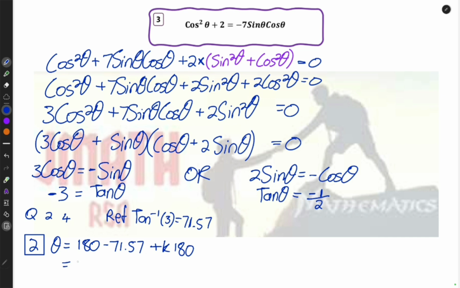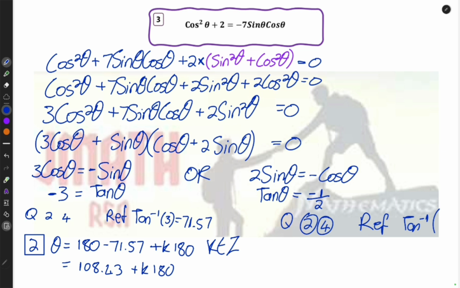And it simplifies to 108.43 plus k 180. I can just put the k element of Z right there, and now I can move over to the other sum. So for this, my quadrants are going to be 2 and 4 again, and my reference angle will just be shift tan of a half. And my calculator tells me that is going to be